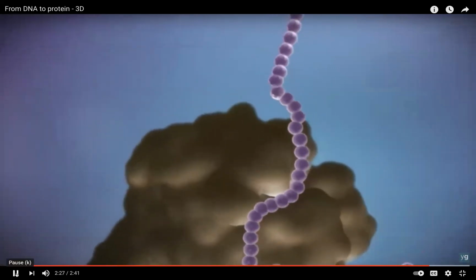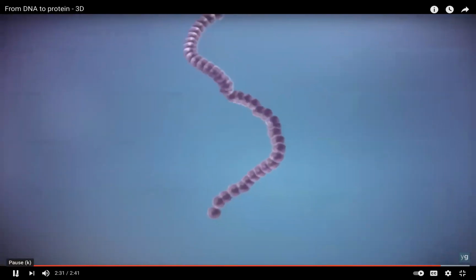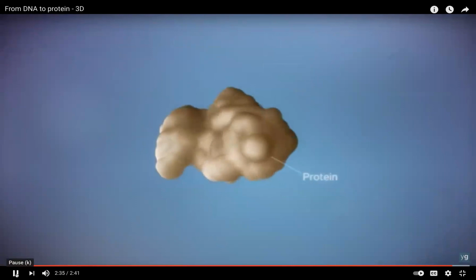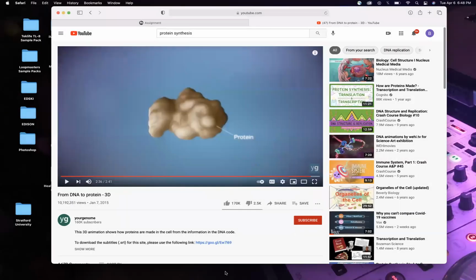Once the last amino acid has been added, the chain folds into a complex 3D shape to form the protein. And that is what's happening every single second of your life. And it's highly complex. You could spend your entire life trying to figure that out. And right now, science, we know what the code looks like, but we're like,